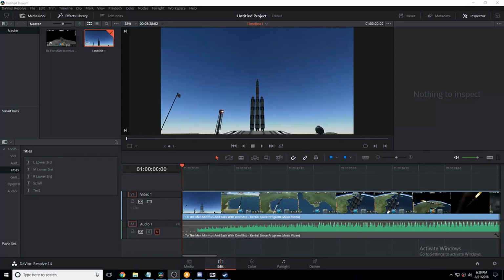So DaVinci Resolve is a pretty complicated software, and along with that comes a lot of keybinds. So here is my list of keybinds that are useful in DaVinci Resolve. So first off,